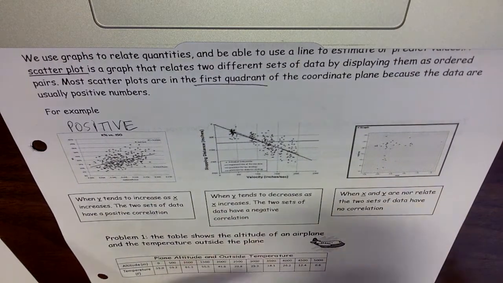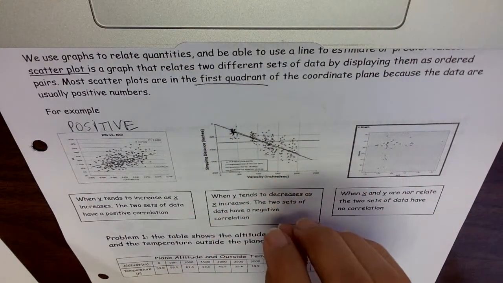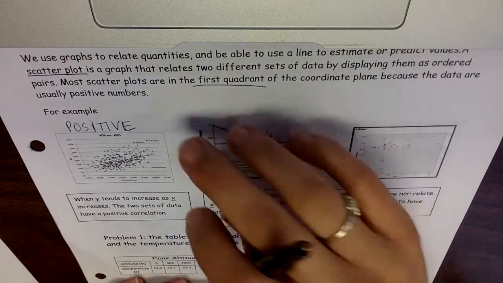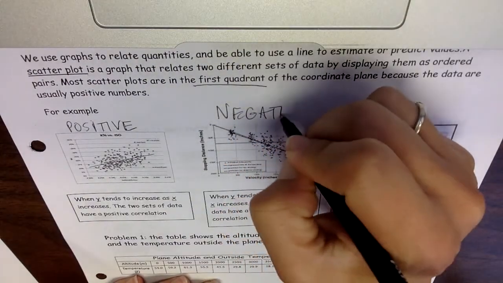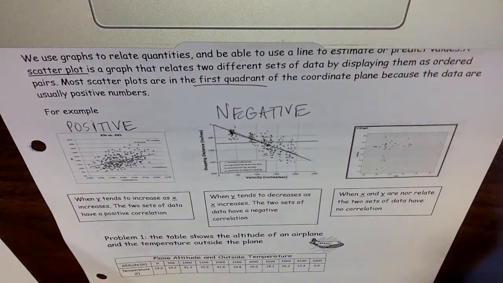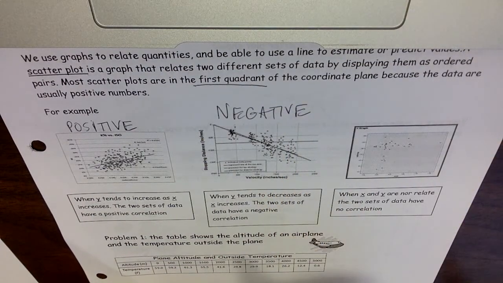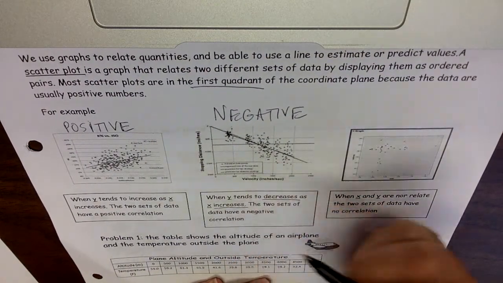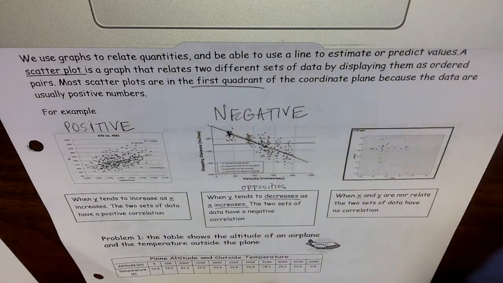Now in the middle here, if you notice, the scatter plot is graphed, and a scatter means like all the values are scattered. This is moving in a downward direction from left to right with a negative slope, and so this would be a negative correlation because y decreases as x increases, or it could be vice versa. One has to decrease and one has to increase. So these are kind of opposites when it comes to their data values,